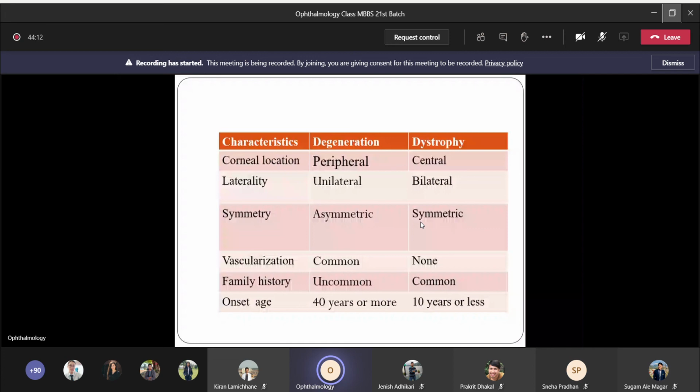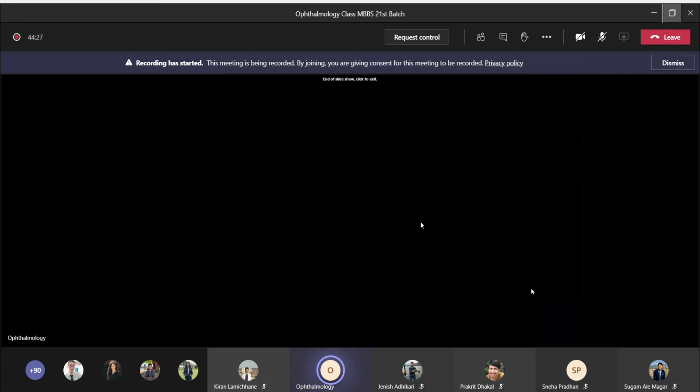Okay, so this is all about today's class, mainly dealing with viral keratitis. You'll have to know about the systemic conditions of herpes simplex and